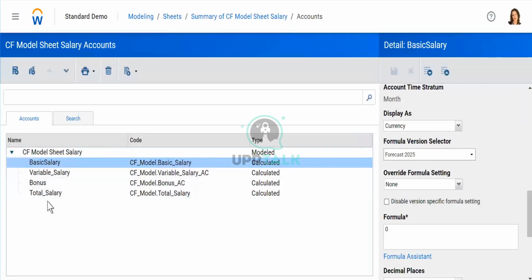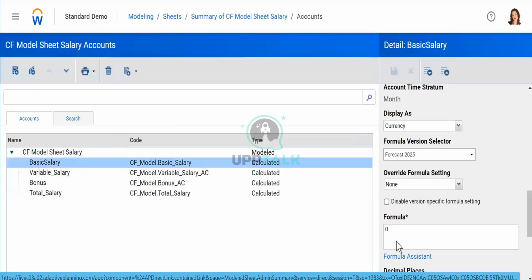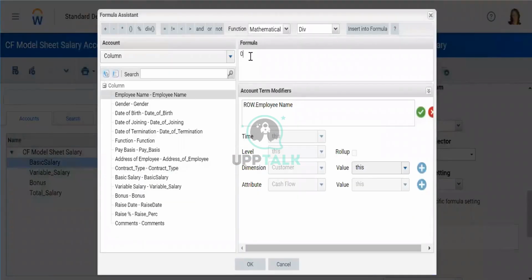Let's write the formula for all of them and you will understand. What will be the formula for basic salary? I have just written the formula for basic salary here. This account should be equal to this account. Let's say I am going to open it, I will delete this 0.